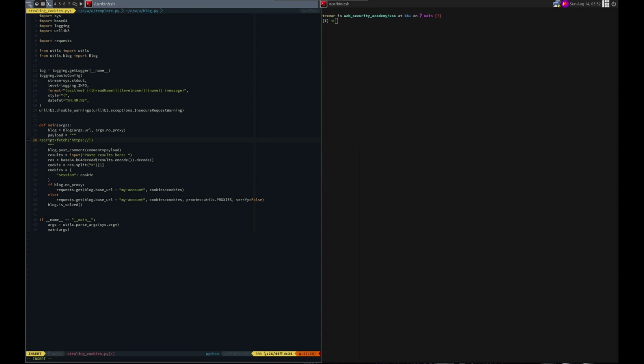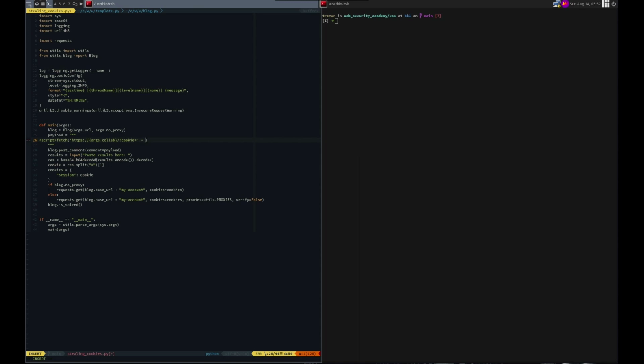Here we need the collaborator domain. Let's put args.collab for now. We need to add that here. And then we'll do to the home page of that, we'll give it a parameter value of cookie equals,